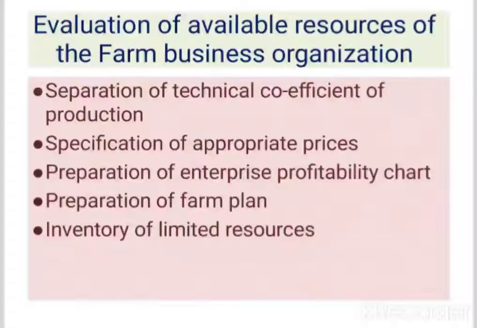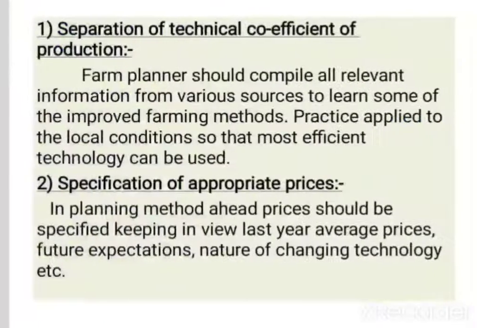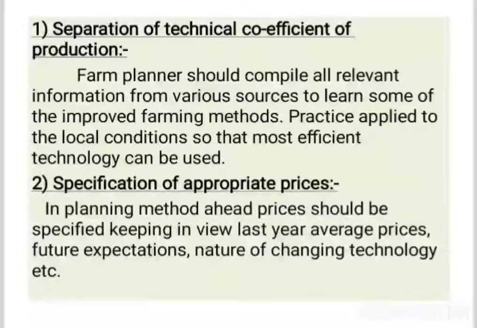We will see what are the stages involved for the evaluation of available resources, how a farm planner or the farm business organizer can evaluate or analyze the availability of the resources in his farm. So we'll see one by one. First is separation of the technical coefficient of production. He has to separate what are the technologies adopted in his field,